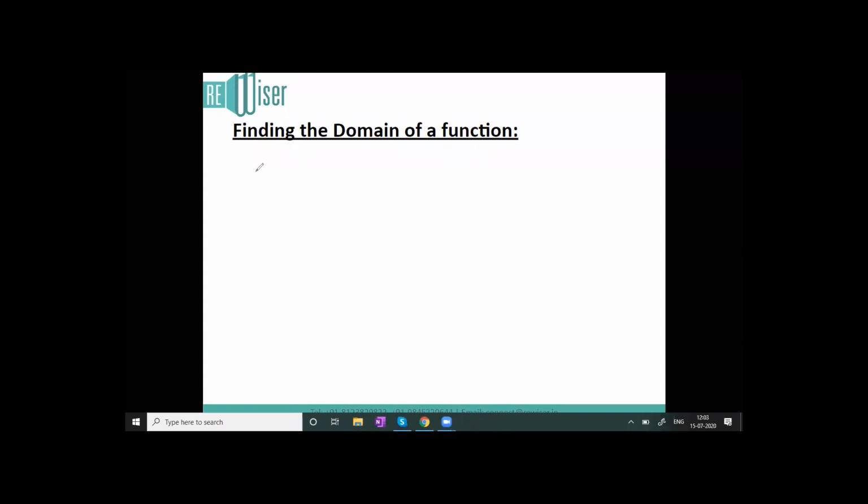The domain of a function is the set of all the possible values of inputs for the function. Which means whenever I say input, if the function is y = f(x), then x is my set of all the possible values of x. So in order to find the domain of any function, basically we need to remember the two restrictions on the